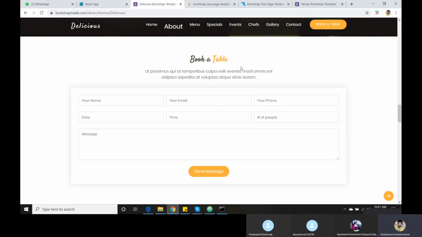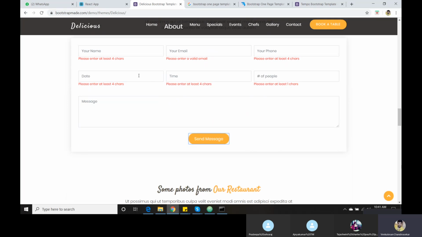In this sense, the front-end developer has done it. They already have some validations here. Enter your phone number. If I enter a string in the phone number field, they did not follow any regex pattern. We developers can do something. They have used some predefined packages to validate the particular form, but in React.js I am going to show how to validate a particular form.